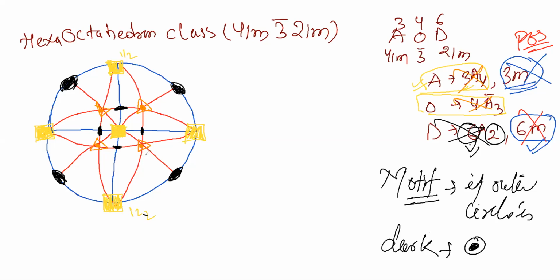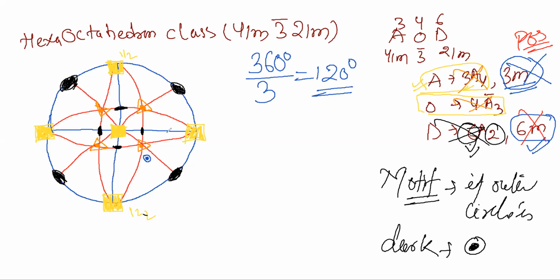Here we will place the motif. From here we'll be starting. And same face. This is one complete face, right? And how many times does this face have to repeat? If you remember the last class, for 3-fold symmetry we rotate a crystal up to 360 degrees, and the rotation will be at every 120 degrees. Getting my point or not? So this motif we have to repeat at 120 degrees.